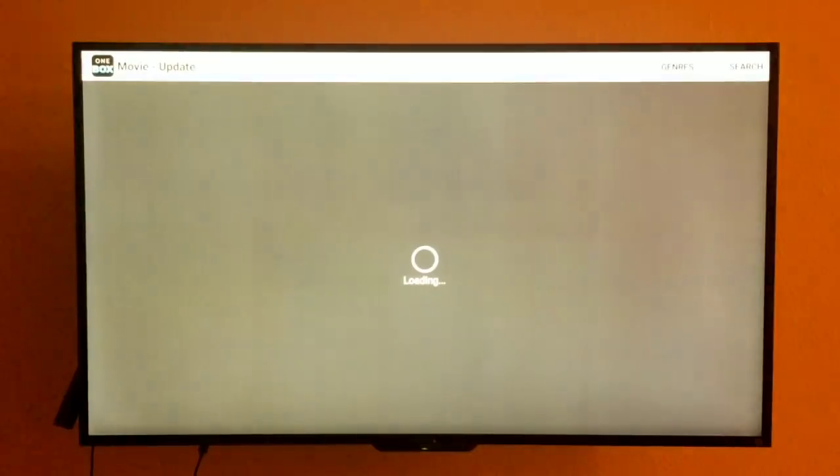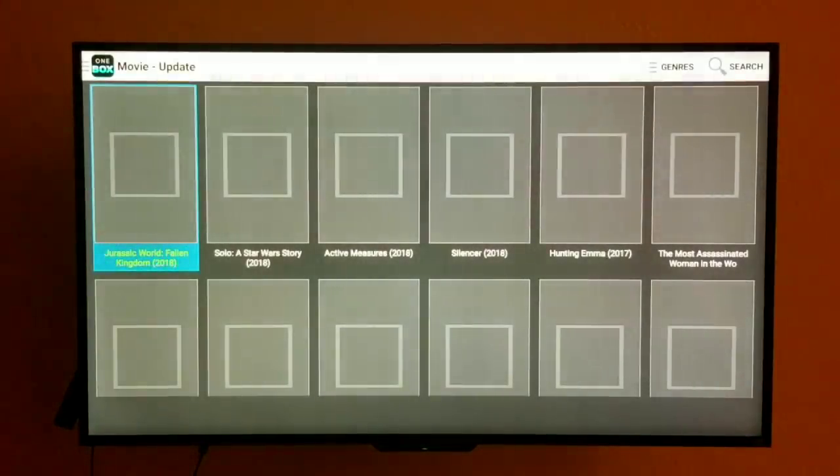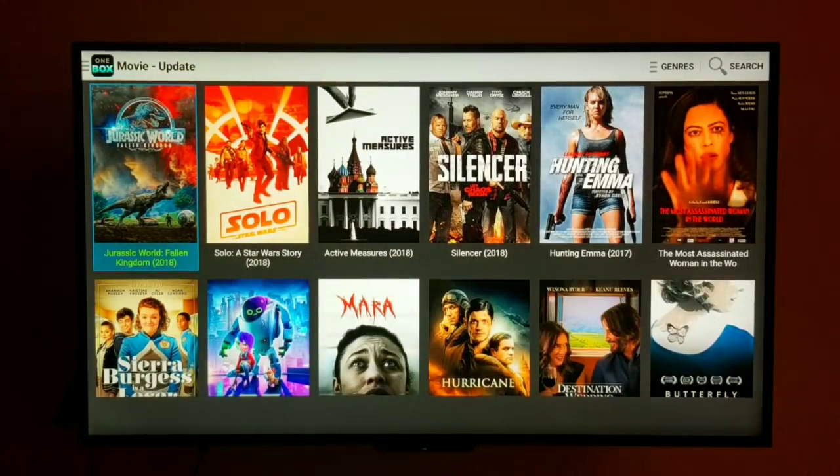I actually hit the back button a couple times, and that's what got rid of it. Dude, that is one janky little thing. But anyway,